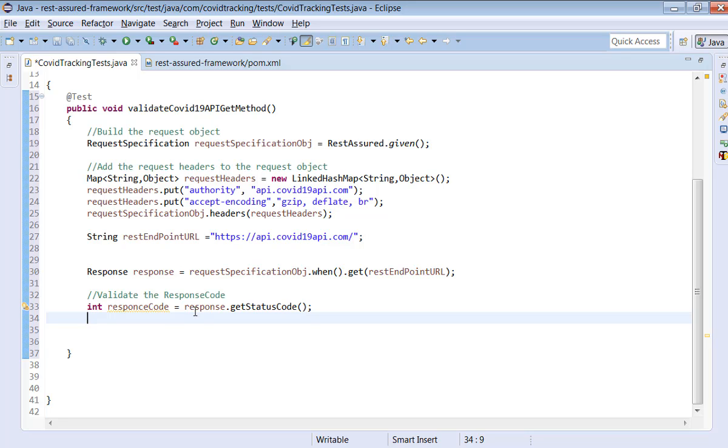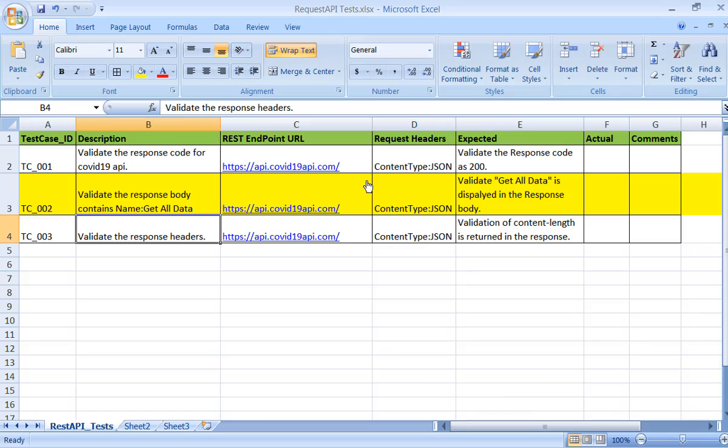Now, what is the expectation? We are expecting this should be 200, right? So you say dot, this is your actual response code. And what is our expected response code? We are expecting the response code as 200. Where do we get this expected response code? If you go to the test cases, we have the response code as 200.